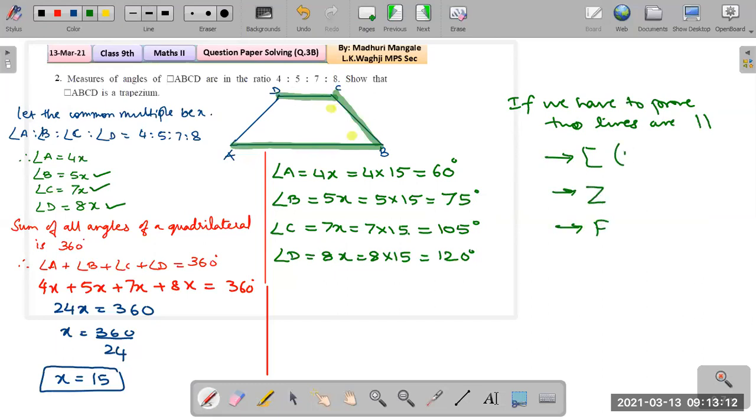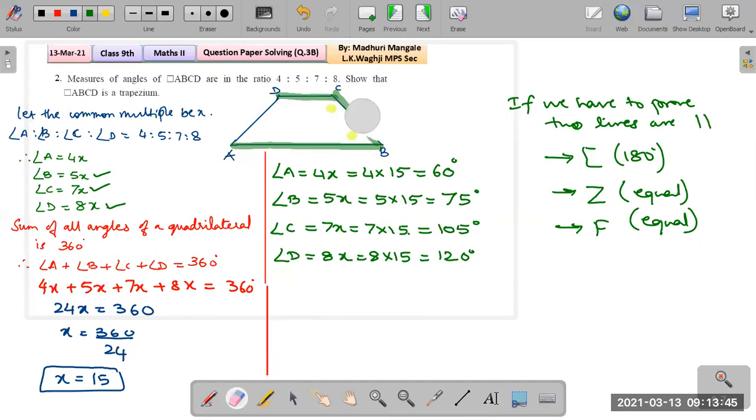What is C formation? Sum of two angles is 180 degrees. In the Z formation, the angles should be equal, and in the F formation, again the angles are equal, corresponding pair, right? In this case, we don't see any Z or any F, but we see there is a C formation. So we are going to use interior angles. Are you able to follow why I have highlighted that part and why we are taking these two angles only, right?